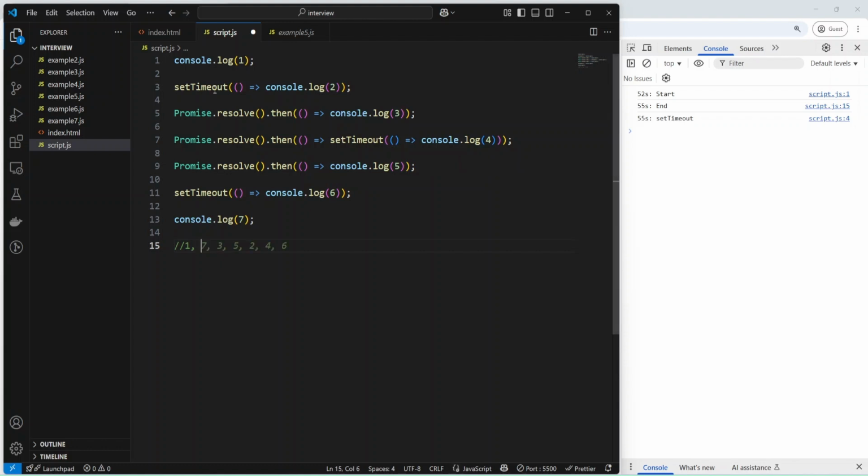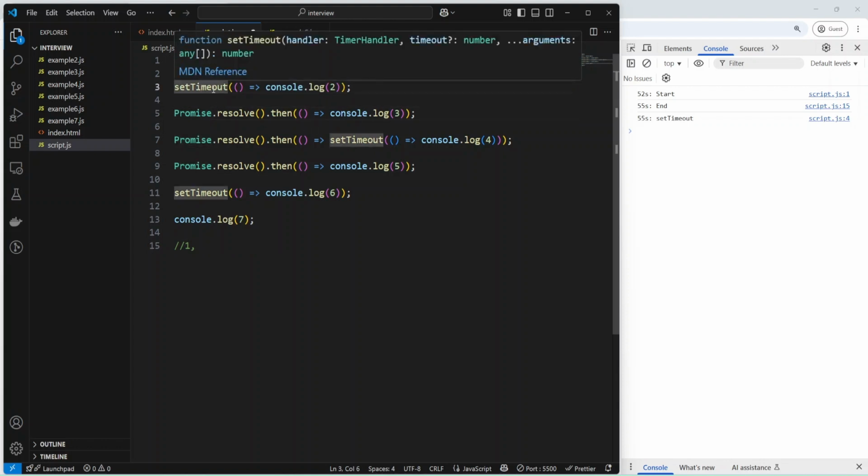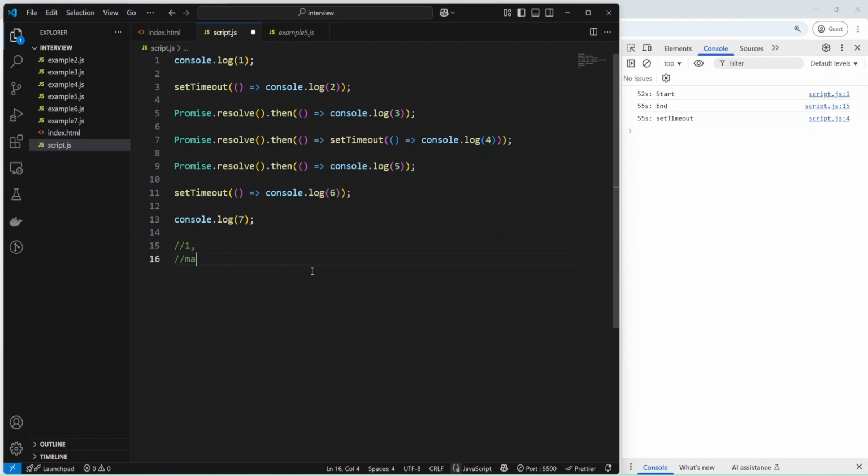Then let's check. We have timeout and promise, and this timeout will be added to the macro task queue, and let's mark it like macro task, and we'll have console log, but then we have a promise, and the promise will be added to the micro task queue.